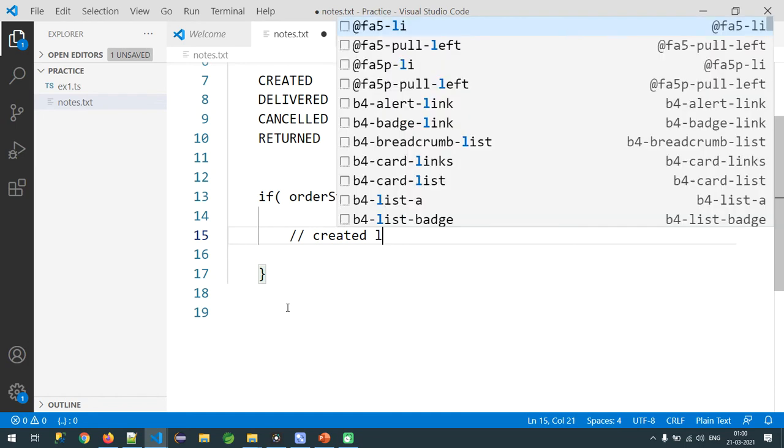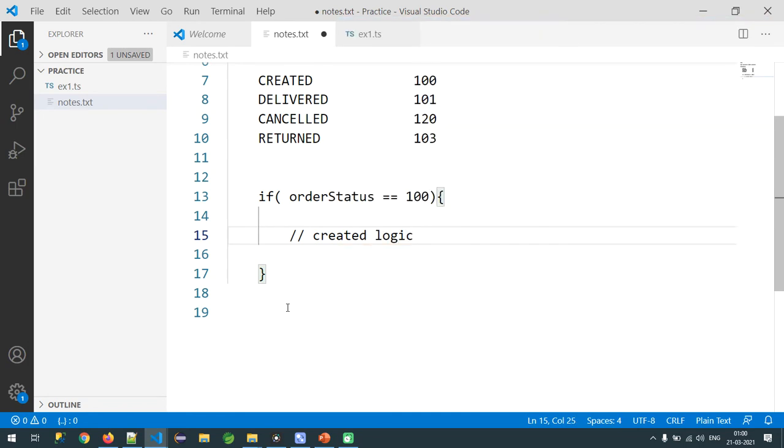Created logic. Now you are the programmer and you completed this logic, and for some unknown reason you left the company, or after 2 years you are seeing this code again. Tell me, can you imagine or remember what 100 is, sir? If it is 6 months, okay, there is a chance you can remember. But if it is more than 6 months or more than 1 year, the chance is very less. So we need to see the documentation.